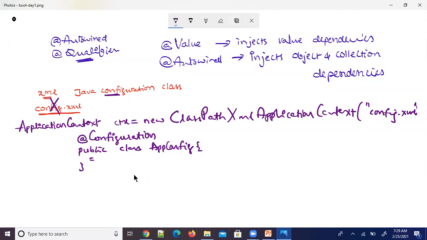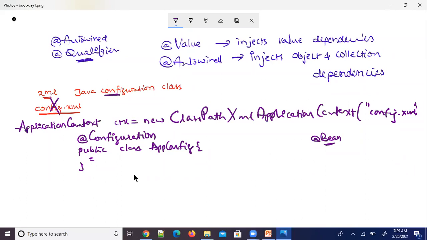Of course, here we are going to write all the bean definitions. There is an annotation called @Bean. This is also one more important annotation that we are going to use. We are going to add this annotation at method level. By specifying this annotation at method level, we are just making that method a bean method.